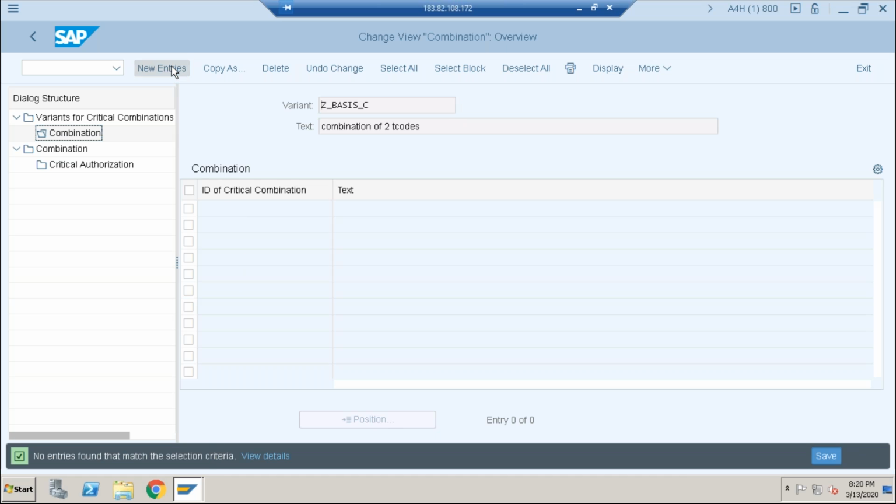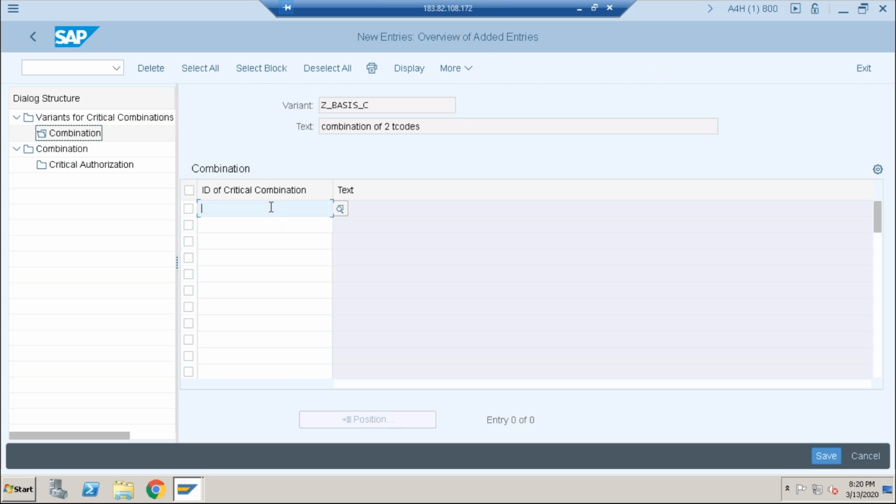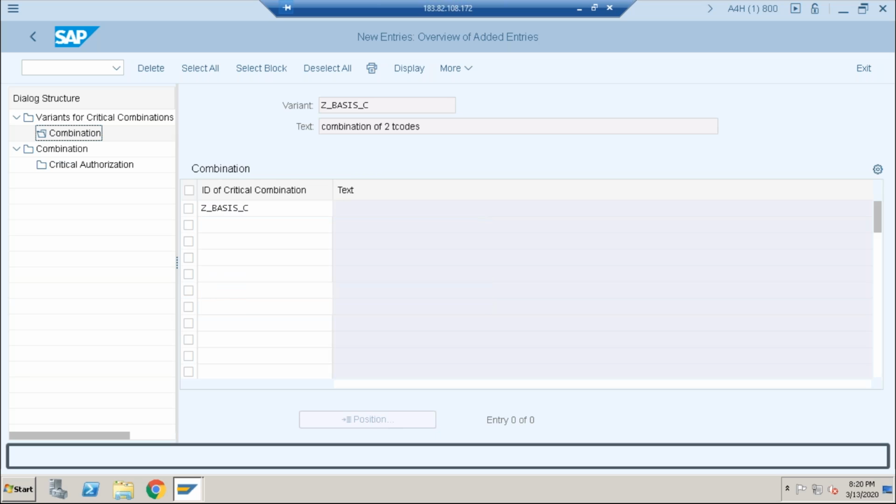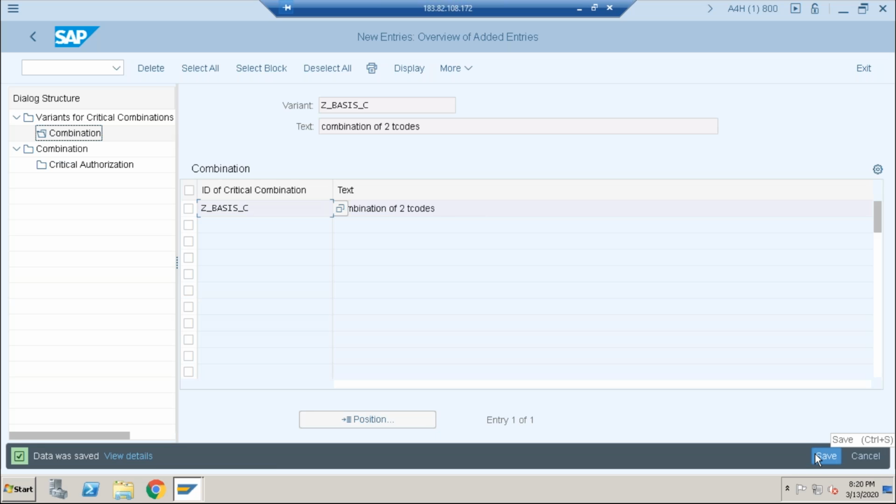Click on new entries. Add the critical object ID also. Save it. No, not required. That is the last one. Our second file is the last one. Save it.